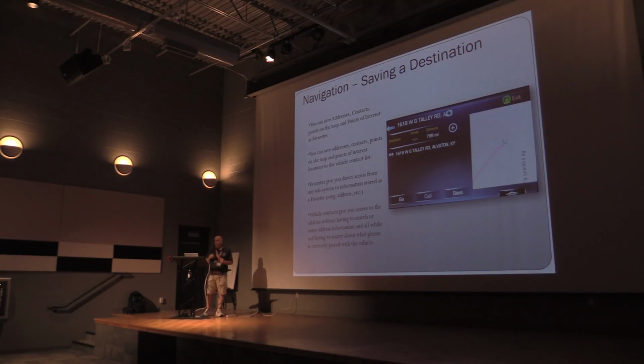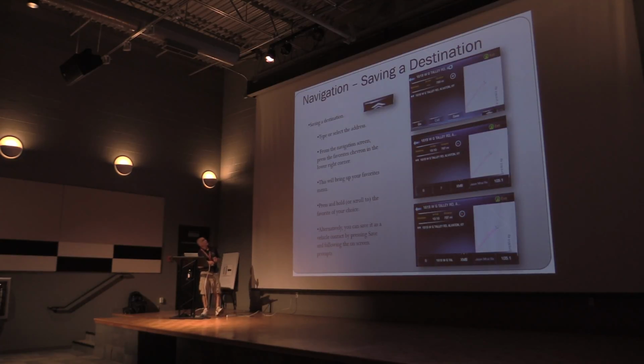If you want to save, you always want to do it from this screen. It's the only way to save either to a favorite or to a vehicle contact. So in order to save a destination as a favorite, press the chevron here, brings up your favorites list. Again, from the Go Save screen, press and hold the favorite that you want to store it to,